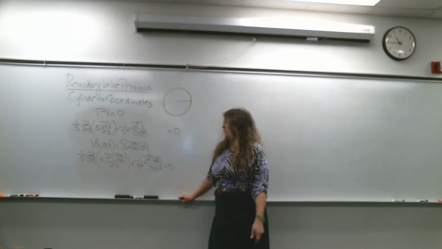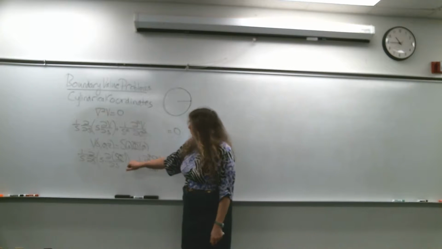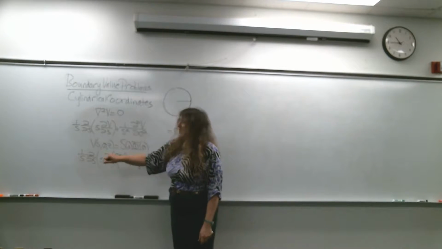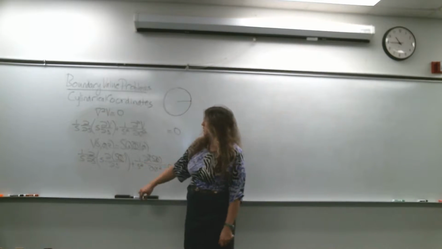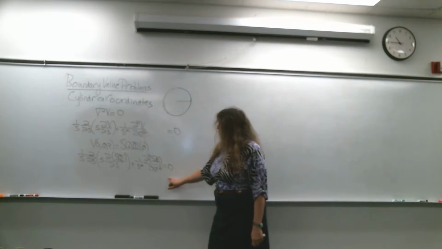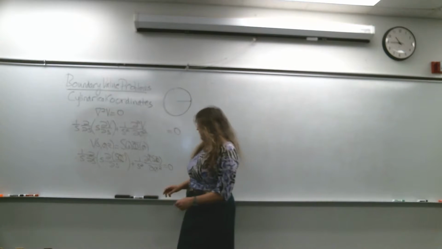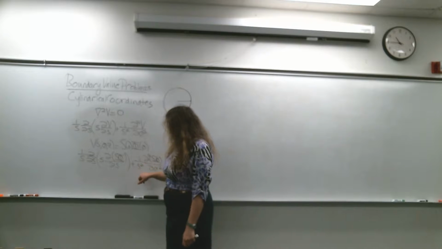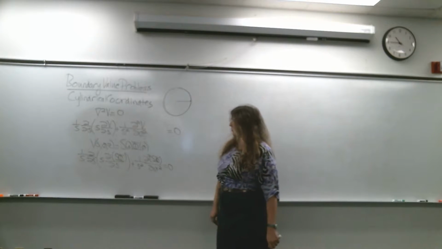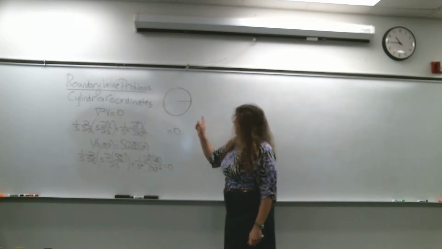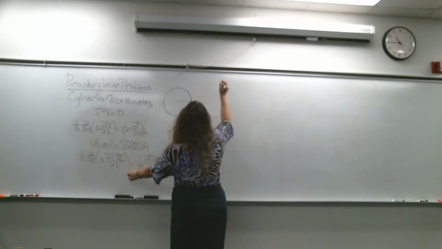Well, s doesn't depend on v and v doesn't depend on s, so in the first term I can pull v out, and that'll just become ordinary derivatives. And I can pull s out of the second term, and that becomes ordinary derivatives. And I can multiply through every term by s squared. That will lead me to